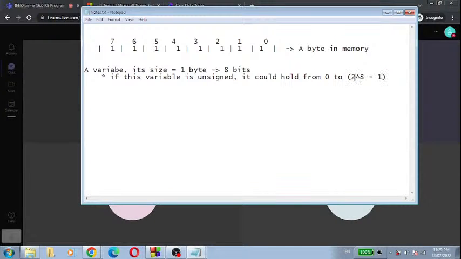The base is 2, the power is 8, 2 to the power of 8 is 256, minus 1 is going to be 255, and that's it. From 0 to 255 could hold these values, not more than 255 and also not less than 0. It is unsigned actually. But what happens